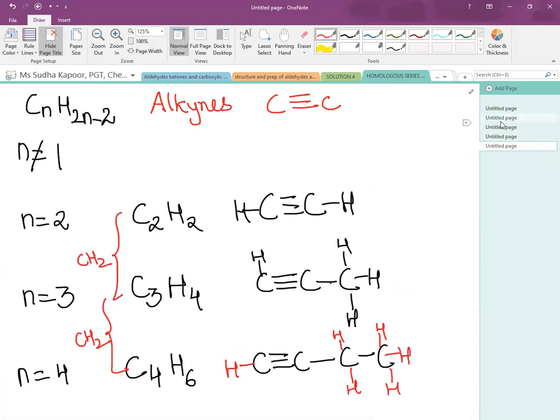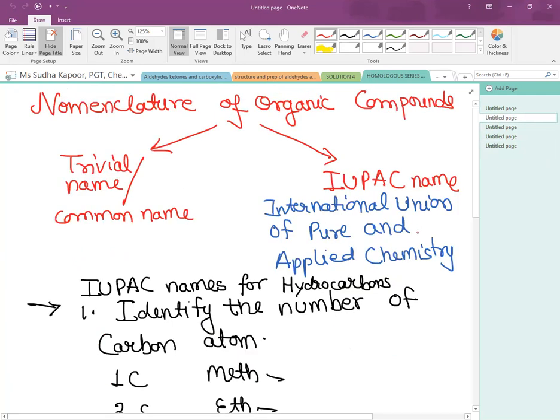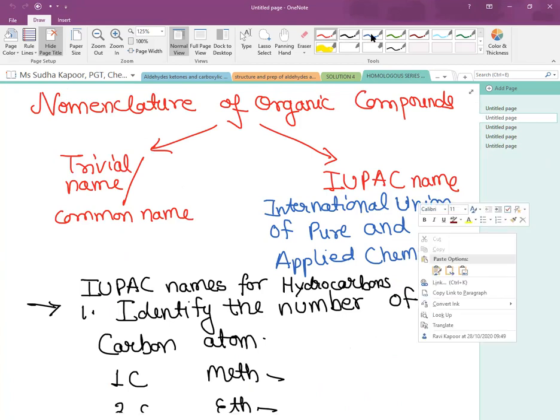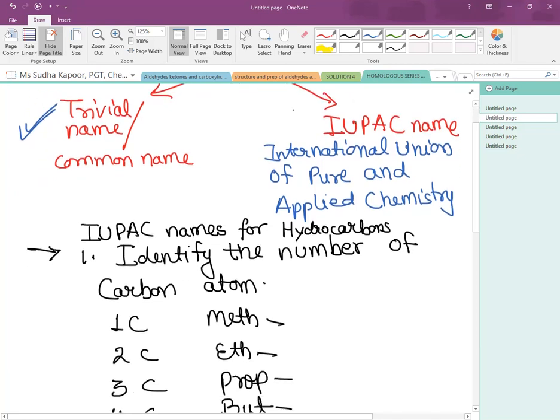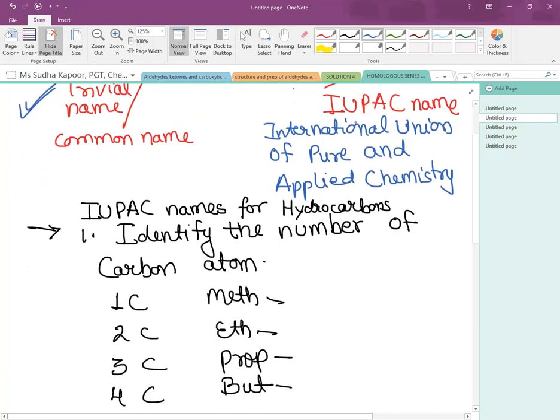Now, the other thing that we have to do in this part is the nomenclature, the simple nomenclature of hydrocarbons: alkane, alkene, and alkyne. While doing the nomenclature, there are 2 ways. One is known as the common naming, and the other is called IUPAC naming. IUPAC, the full form is International Union of Pure and Applied Chemistry. It remains the same throughout the world. All of the trivial names can be different, but the IUPAC name is always the same, and there is a very simple way to remember these IUPAC names.